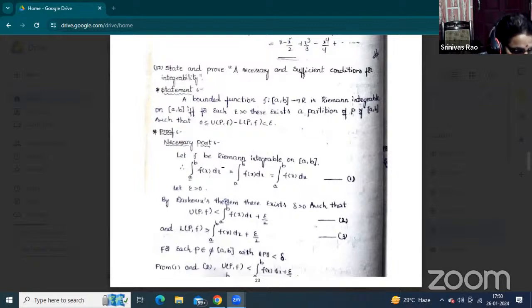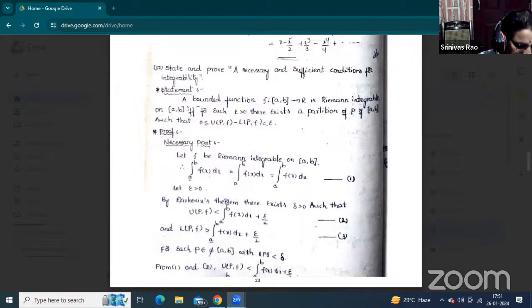That is when the lower Riemann integral, the lower integral from a to b of f(x) dx, and the upper Riemann integral, the upper integral from a to b of f(x) dx, are equal to the integral from a to b of f(x) dx. When the lower and upper Riemann integrals are equal, the function is integrable. This is simply denoted by f belongs to R of [a, b], read as f is Riemann integrable on the closed interval [a, b]. This is the necessary part.